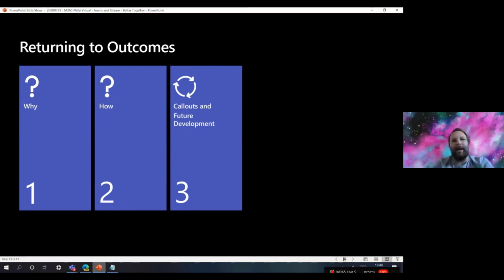Last of all, we had a few call outs on future development. We're calling out the ability to record either via the Stream mobile app or the Stream desktop app straight into Stream and then pushing it into Microsoft Teams, and also the ability to enhance the voice and cut out background noise. The thing that we really want to see now is to be able to share with anonymous users and not have to use public video platforms anymore.